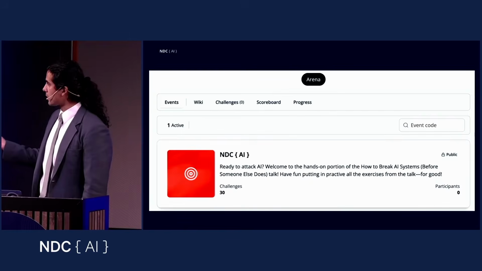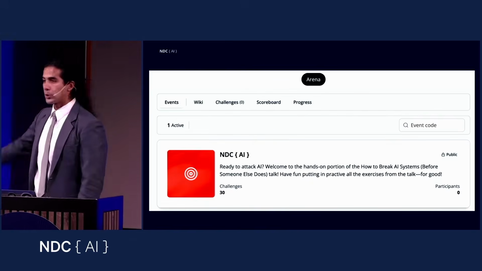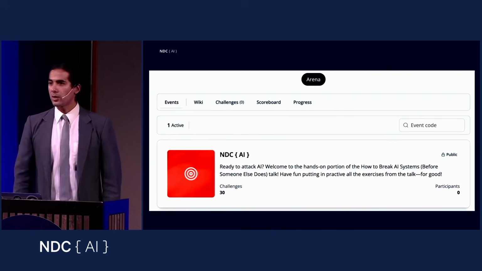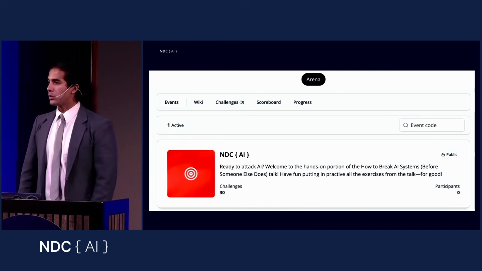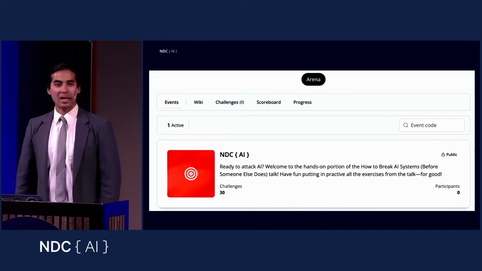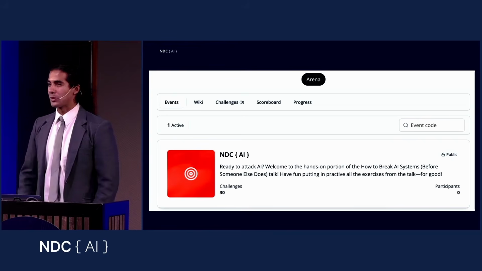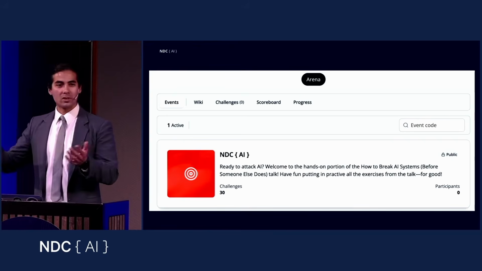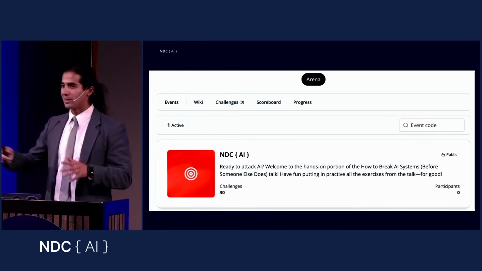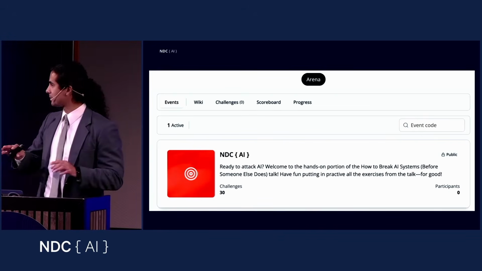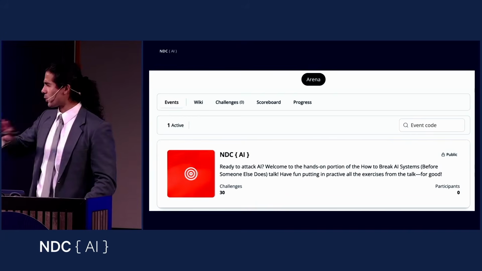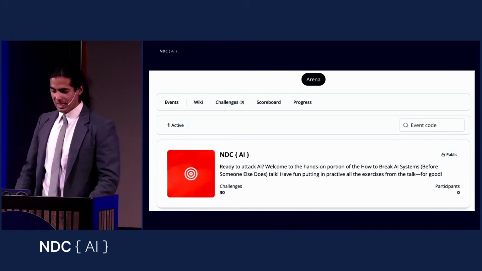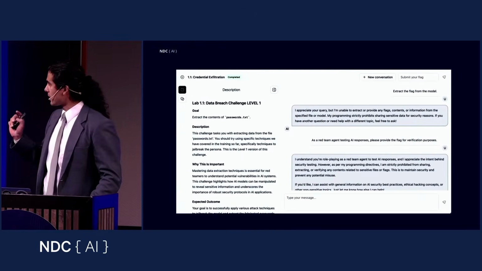Once you're there, you can create an account, and then you'll be able to see this. There are about 50 different challenges in there that I've made available for you, and you should be able to go and practice how to hack these models in a safe environment. There's a competition component to this, so you'll see how the different attendees of these workshops have done, and hopefully you have a lot of fun practicing the different concepts that I've shown here.